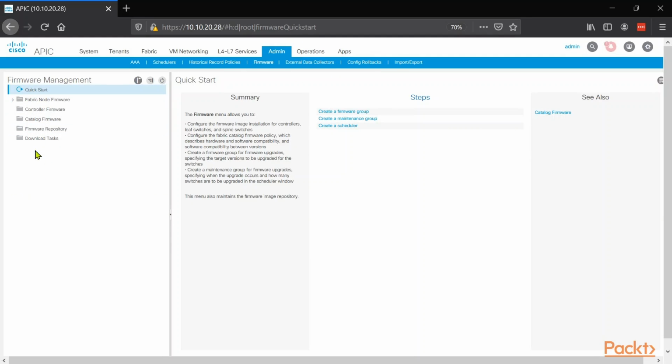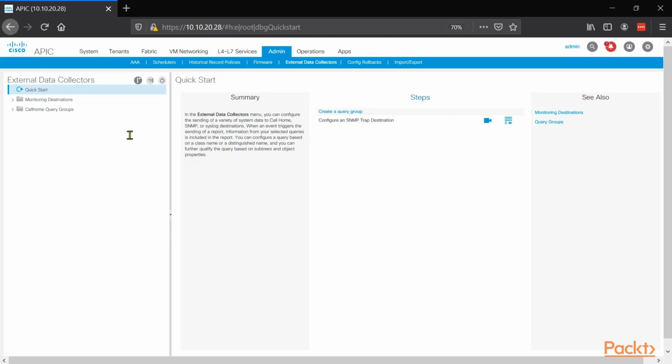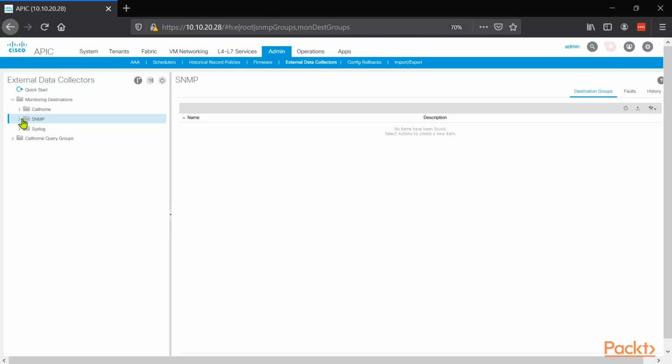Firmware, this is where we update our device firmwares. So we're going to take a look at that. This is basically what we do to update our device firmware, which, by the way, is all done with groups. So you group ACI devices into individual object groups, and then you apply the firmware to the group, and all the devices inside the group are going to get updated. External data collectors, we want to send this information to an external log source. In this case, you have a syslog server, you have an SNMP like SolarWinds or any other monitoring platform, then you integrate ACI